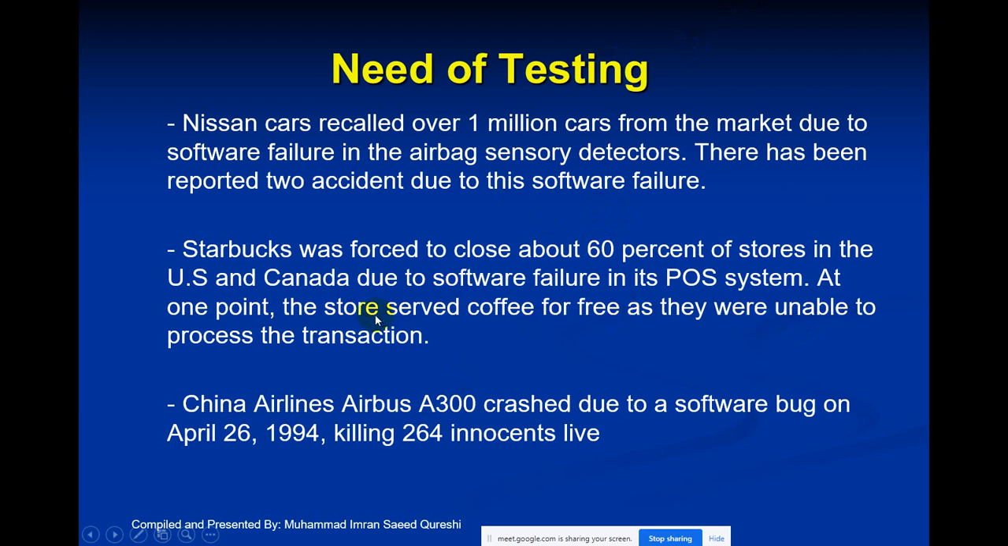As they were unable to process the transaction. उनका वो चल ही नहीं रहा था सॉफ्टवेयर जिसमें वो एंट्री करते हैं, so they had to offer free coffee. स्टारबक्स का बता रहे हैं, देखो निसान बड़ी कंपनी, स्टारबक्स बहुत बड़ी। और आखिरी देखो जो कि एक बड़ा डेंजरस उसको दिखाता है एरर को,